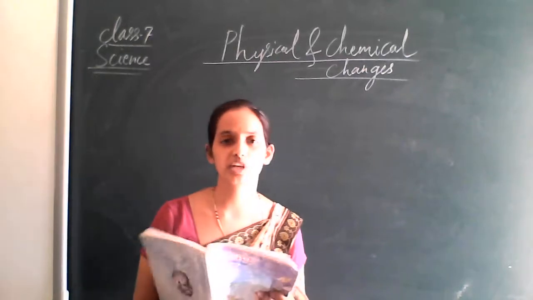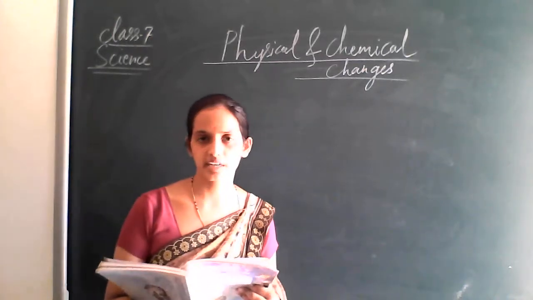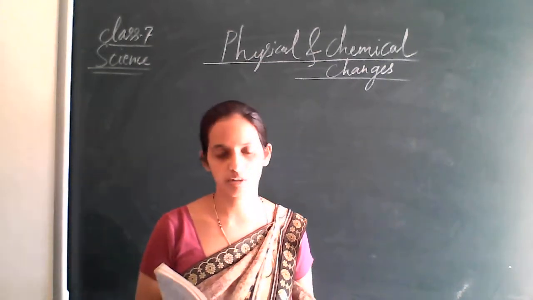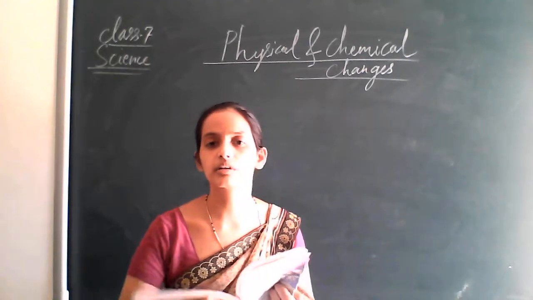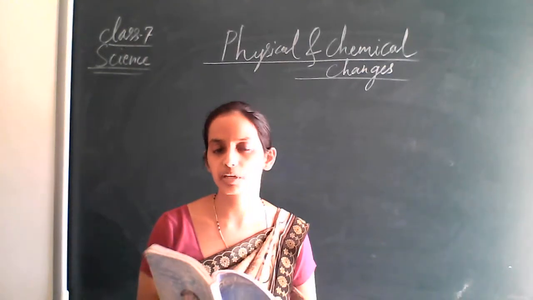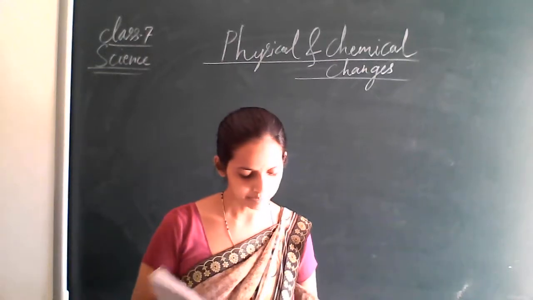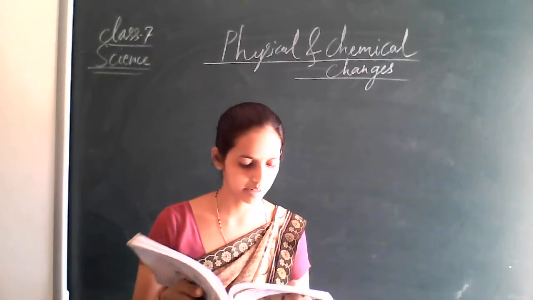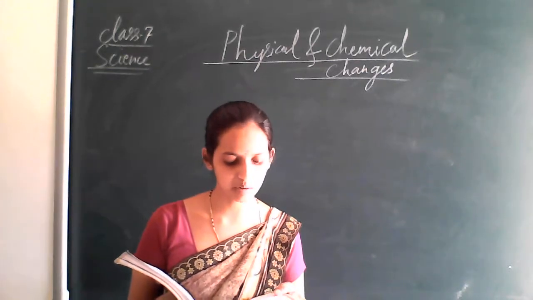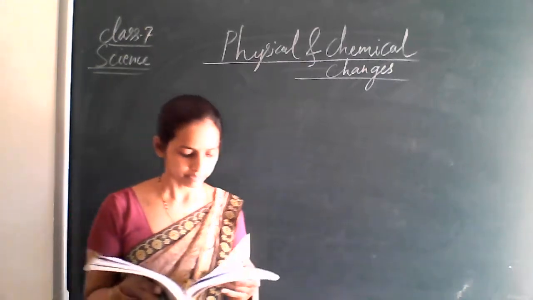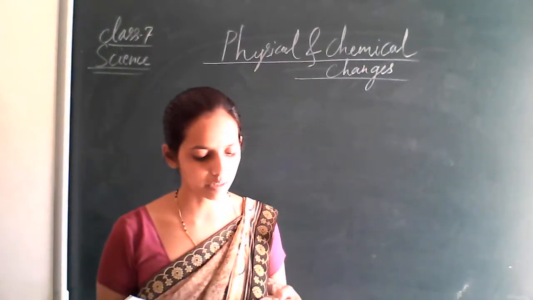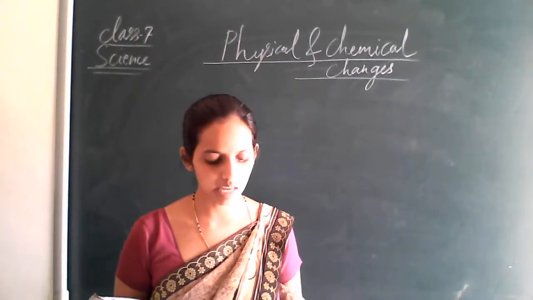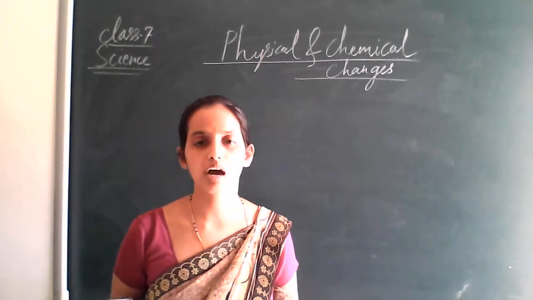So how are we going to check there is a presence of carbon dioxide gas? We transfer the carbon dioxide into the lime water. Lime water is the chemical, one type of chemical we have chosen, and it is called calcium hydroxide, Ca(OH)2, right? And it forms calcium carbonate. So a totally new chemical is produced, that is your calcium carbonate. When carbon dioxide mixes with the lime water, it produces calcium carbonate.